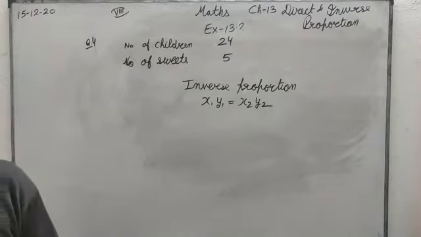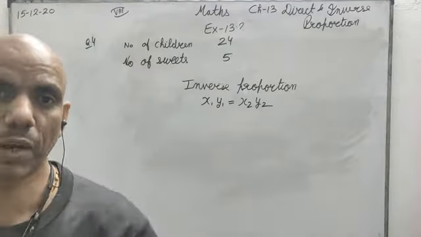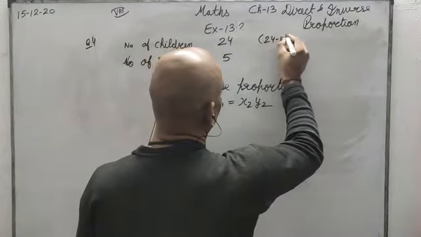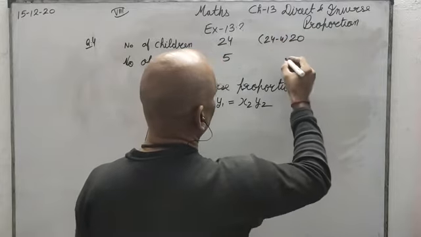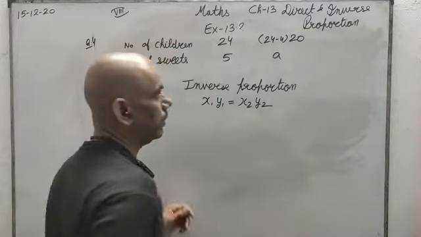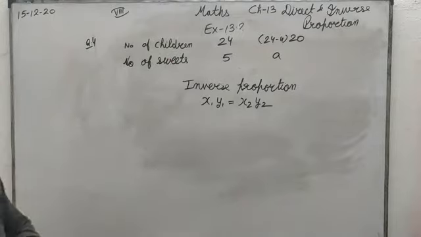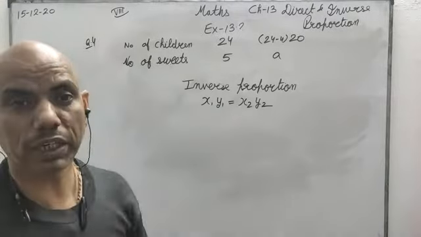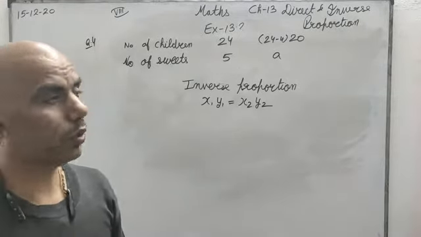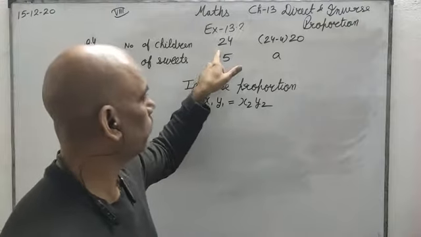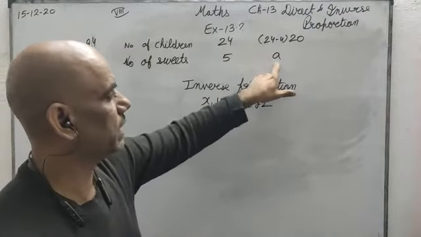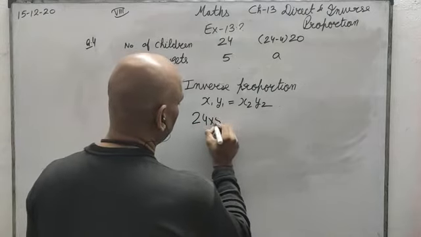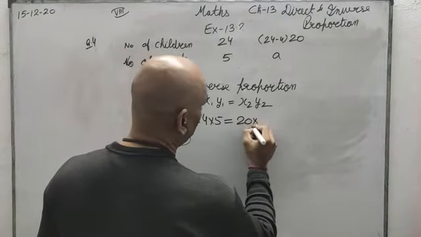Now reduced by 4 means 4 कम हो गया. 4 कम हो गया यानी कि now it is 24 minus 4, that is 20. अब ये हो गया 20. तो कितनी मिठाइयाँ मिलेंगी? Now if the people have reduced, तो मिठाइयाँ तो ज़्यादा हैं, so number of sweets will be increased. Number of sweets will be more. Okay, so number of children have reduced, the number of sweets have increased, so it is an inverse proportion. And once it is an inverse proportion clear, then the formula will be this.